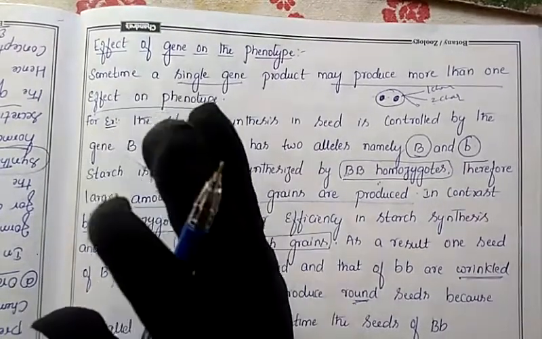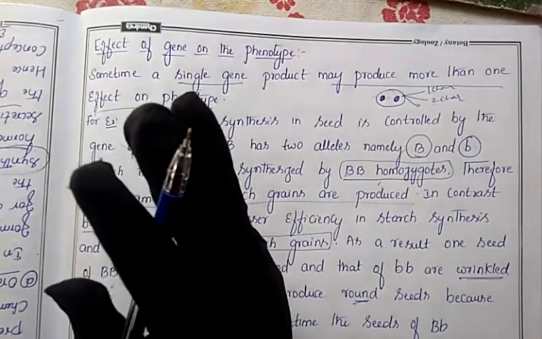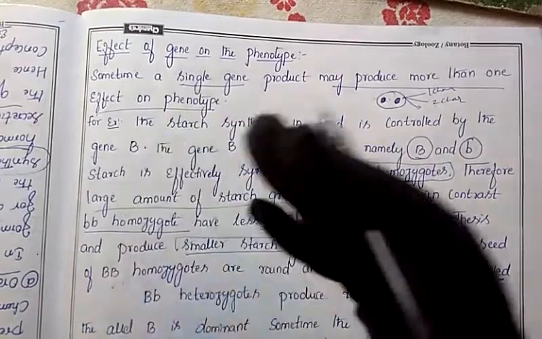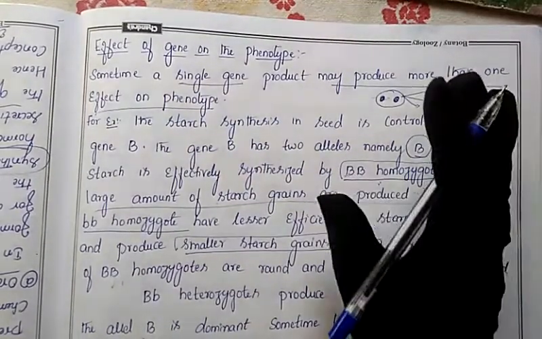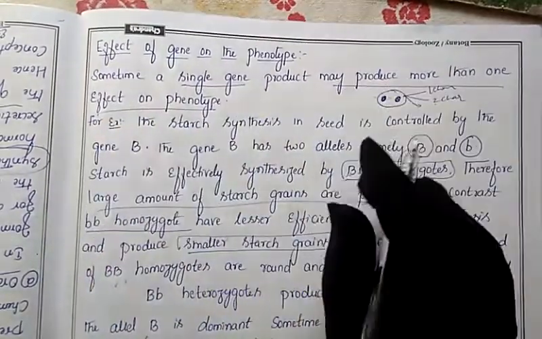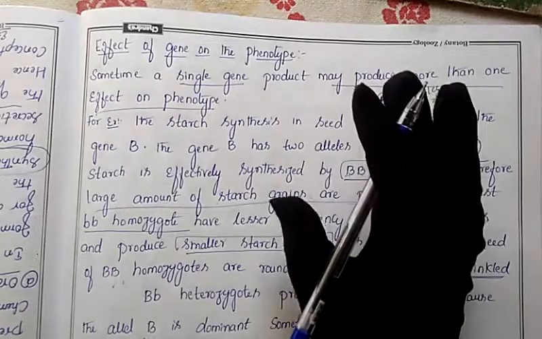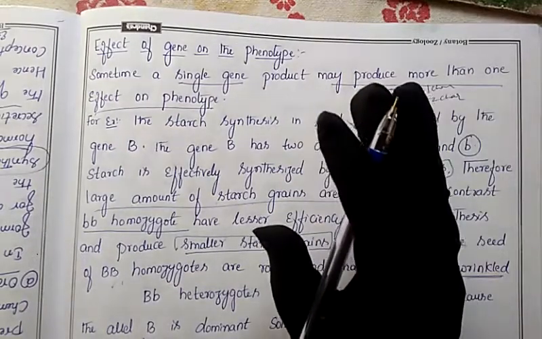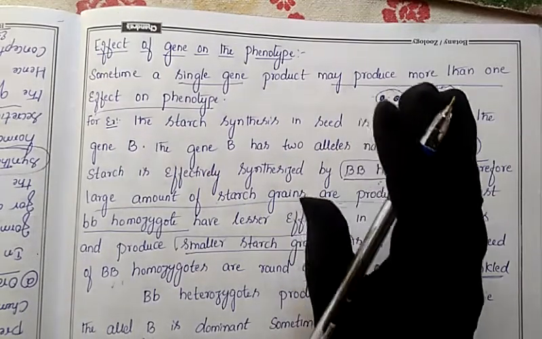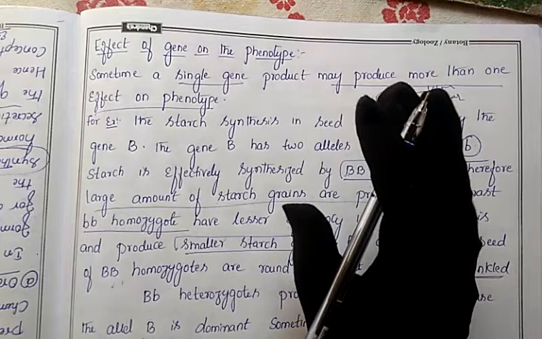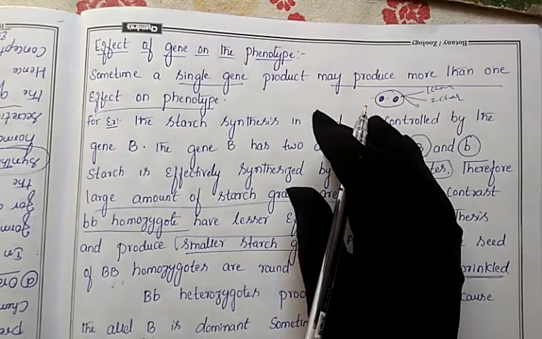In our previous class, we discussed the problems related to blood groups: what type of blood group will appear in the offspring if a particular blood group is present in the parents. We can easily do the calculation by putting it in a checkerboard. We discussed how to solve these problems, which will appear in your NEET exam, not in your board exam.